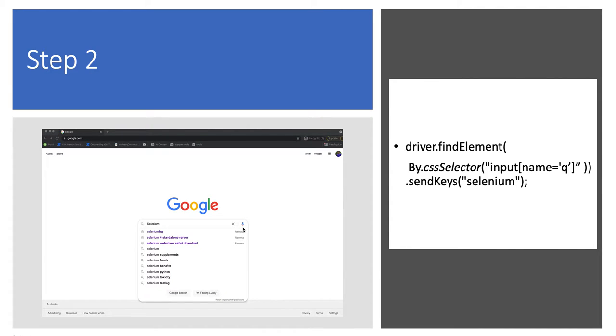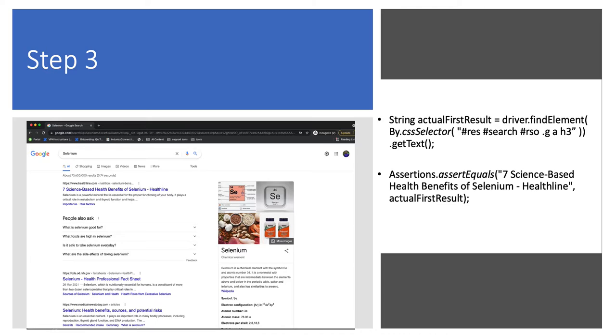Okay, so type in that value into that particular field. Once that is done, then you have the third step, that is the final step, the actual assertion, where you do the test. So basically we reach this page. Now what I need to do is check whether the search in the Google page worked or not, right? To make sure that it is working, that particular search has been done and the